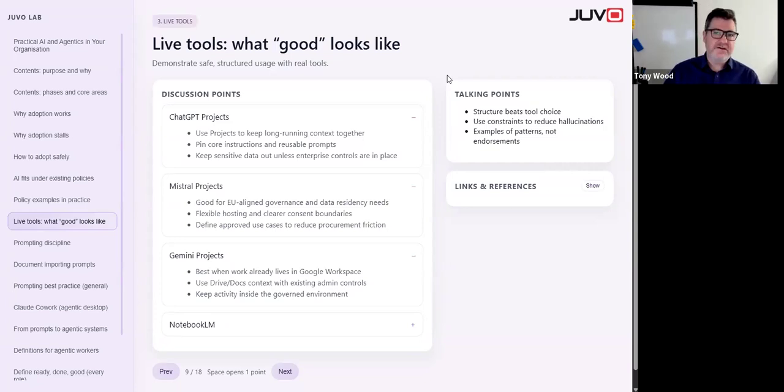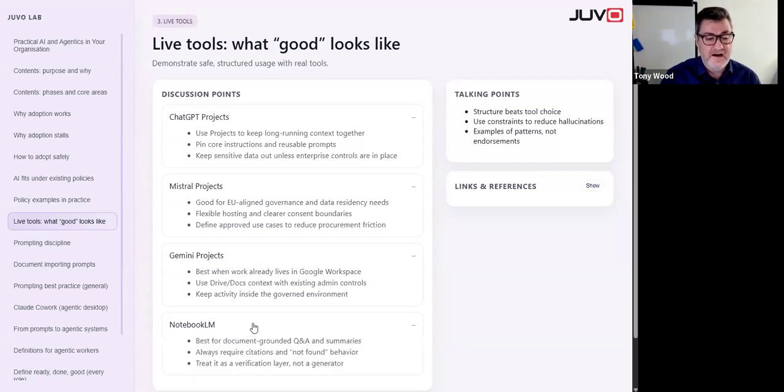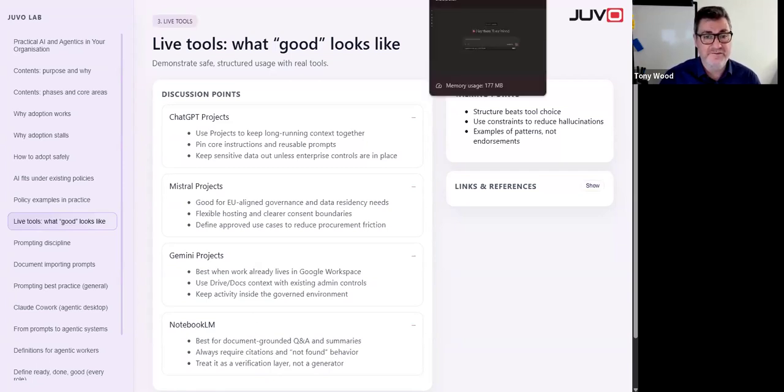Gemini as well, if you're using Gemini and it's within your Google environment, then that may be a go-to for doing your drive. So you're not just going to live in one tool, you're going to live in a whole bunch, and you're going to pick the best tool for the job. And for example, things like NotebookLM, that's a nice way for us to put Q&A around a whole bunch of those tools.